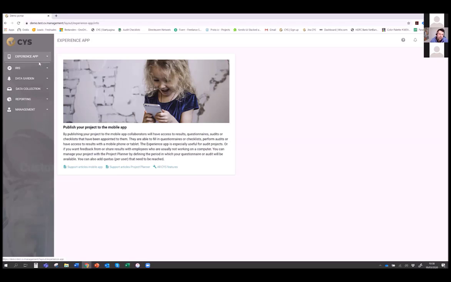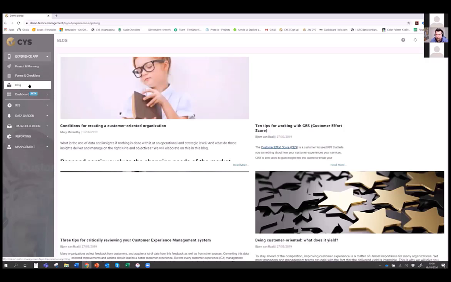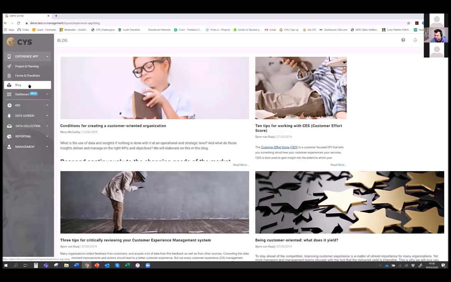So these are people who want to work with you on research, but don't manage the research. They can log in, look at reports. So the functionality they're getting, they can work on projects, filling in questionnaires, for examples, for audits or as employees. So you can conduct audits that are planned in some frequencies. Then you can just add simple forms and checklists to this group, and they can also fill this in. You can write blogs to the people, and they can read the blogs that you have written about what's going on in your company or